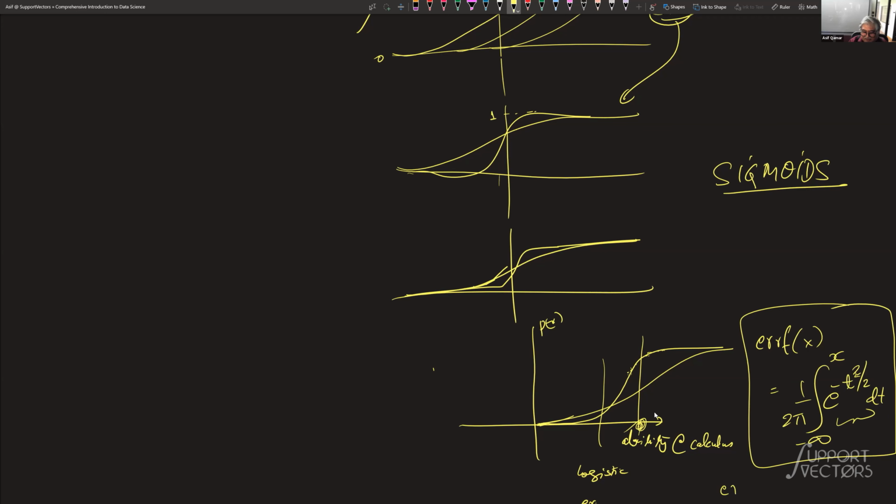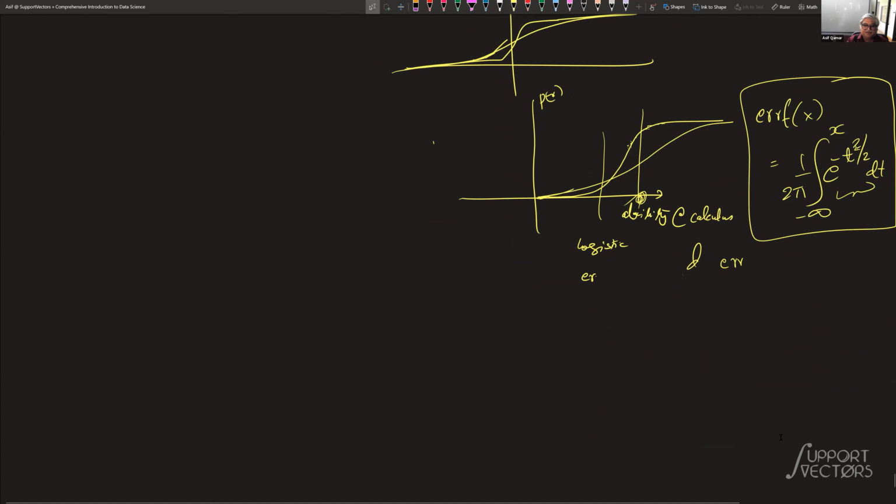So if you take the derivative of the error function, d/dx, what will it be? It would be nothing but back to your Gaussian, 1 over root 2 pi e to the minus x square. Right. We know its derivative, but we can't solve for the integral in closed form. So there are many beautiful